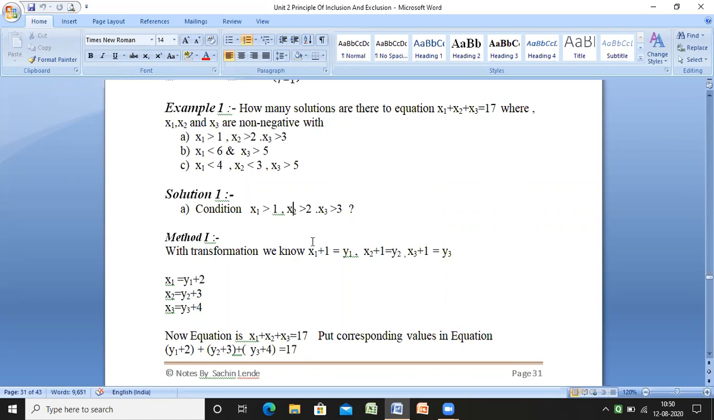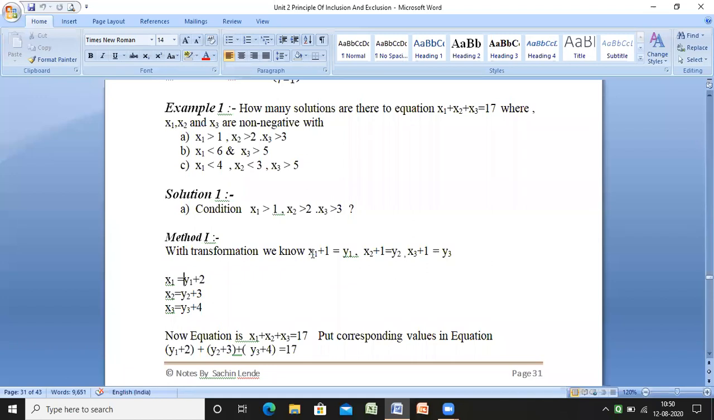Now the second condition they put up: x2 is greater than 2. That means that value should be more than 2. That value can be 3, 4, 5, 6, 7 and so on, whatever the number of values, but it should not be 2 or 1. The value should be greater than 2. So in this case also we add plus 1 to that value. Similarly, everywhere we add plus 1 to that value. What we get is